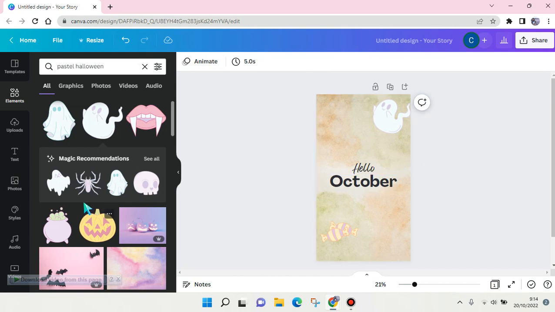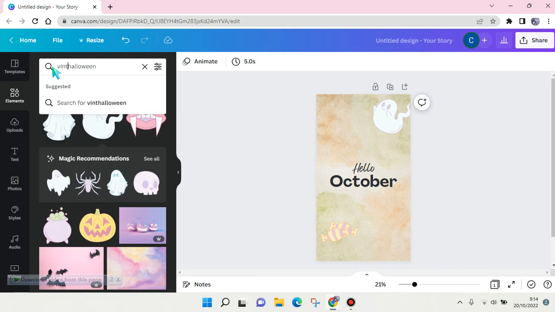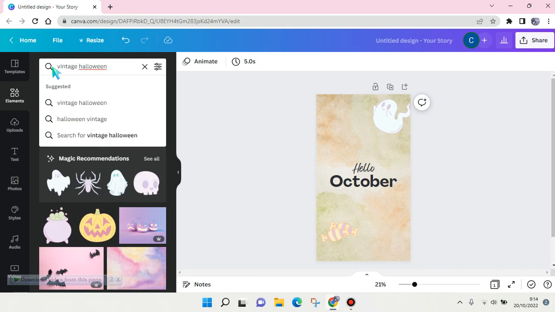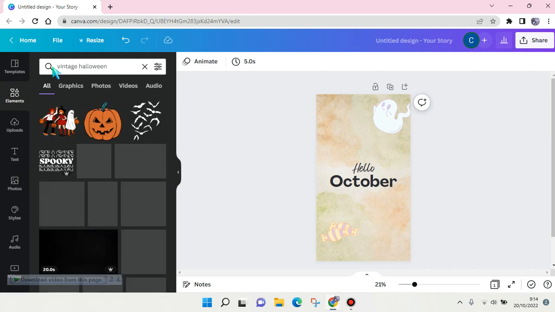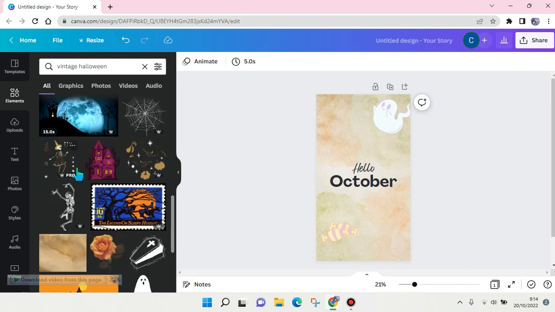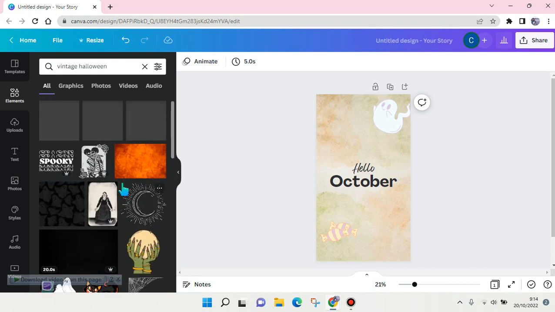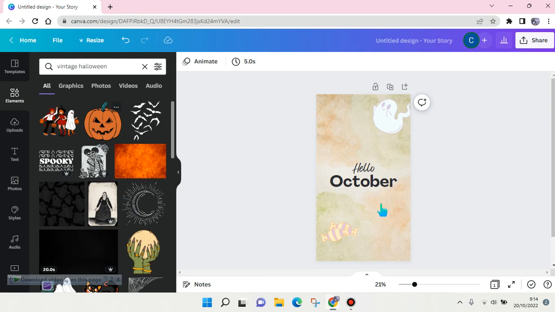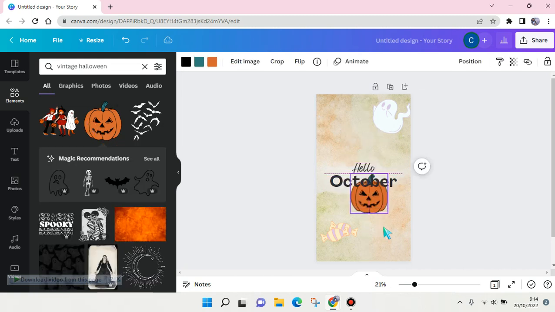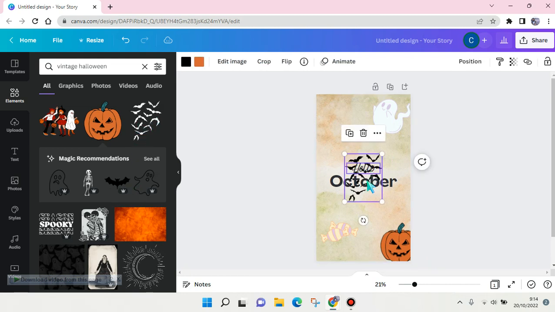And the second keyword is you can just erase the pastel and replace it with vintage Halloween. Just click on enter, and here you can find some vintage real Halloween, and you can use it for your design. For example, I want to use okay, this pumpkin, of course, to put it in here like this. And also I'm going to use this bat